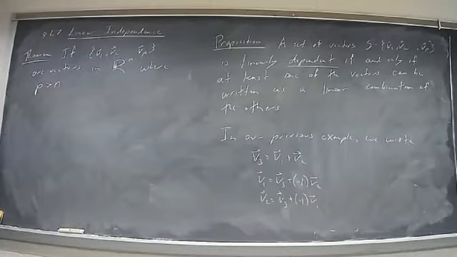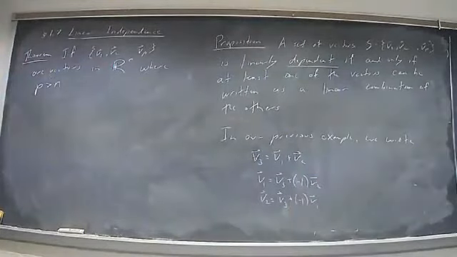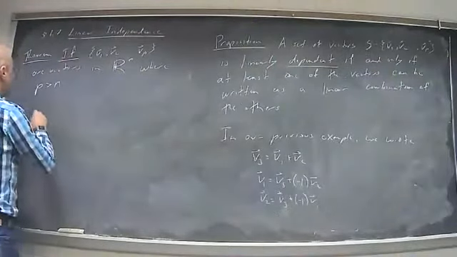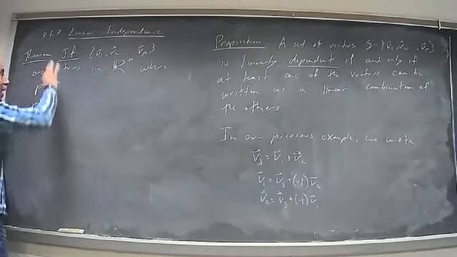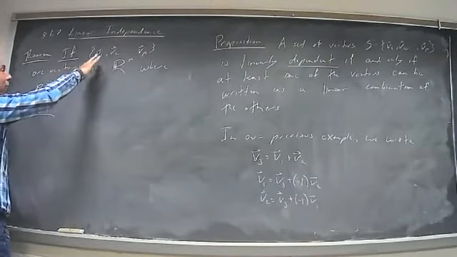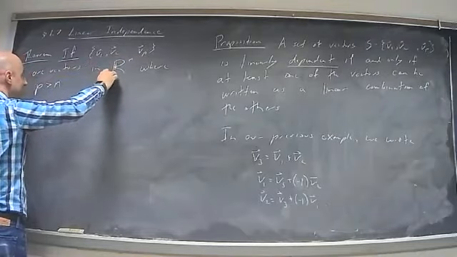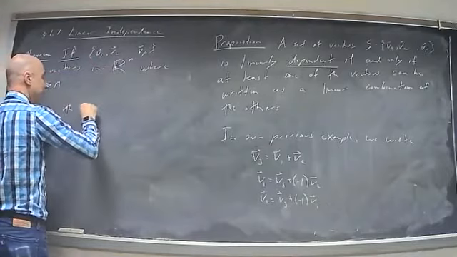So in other words, we have more vectors than the dimension of the space. So this is the if part. Here comes the then part, here comes the conclusion. So we have a hypothesis. If we have more vectors than we have dimensions in the space, then the vectors